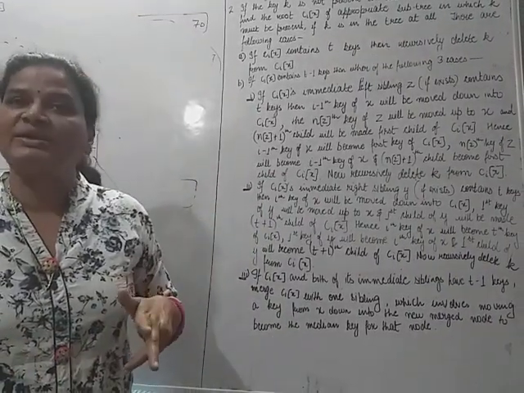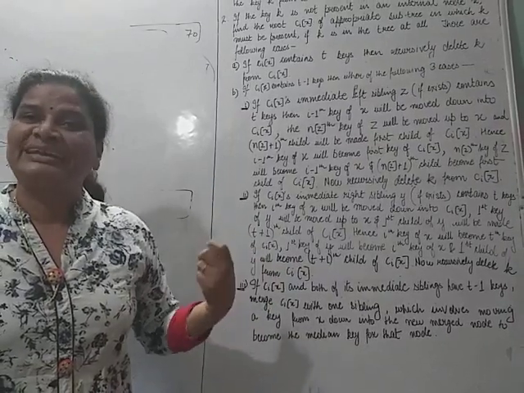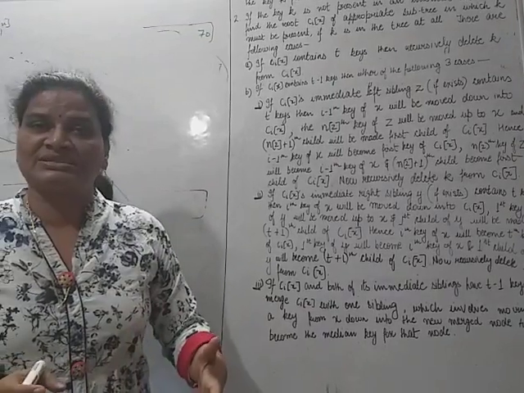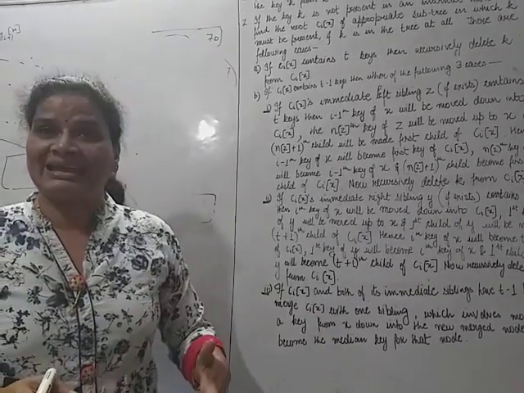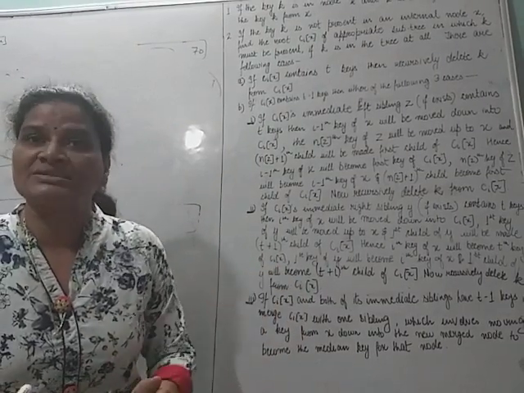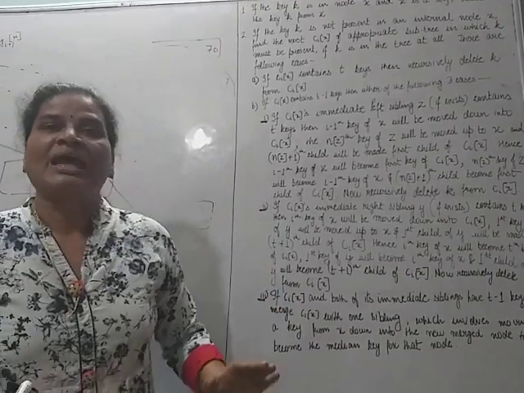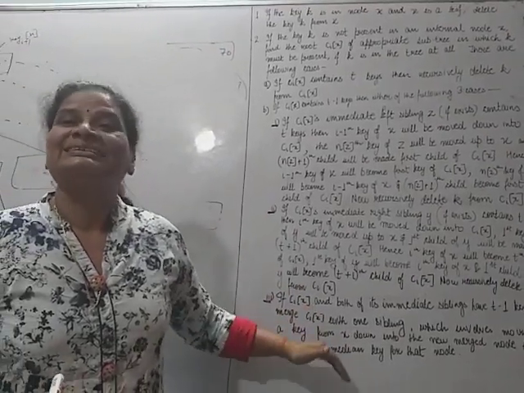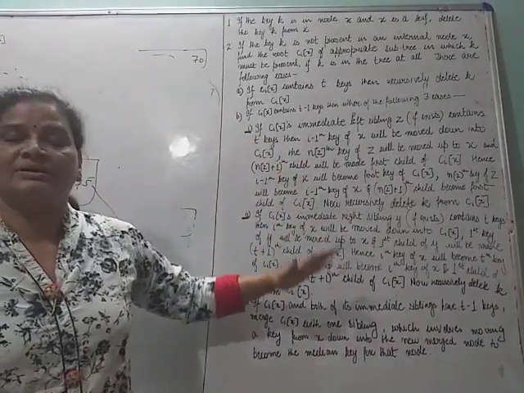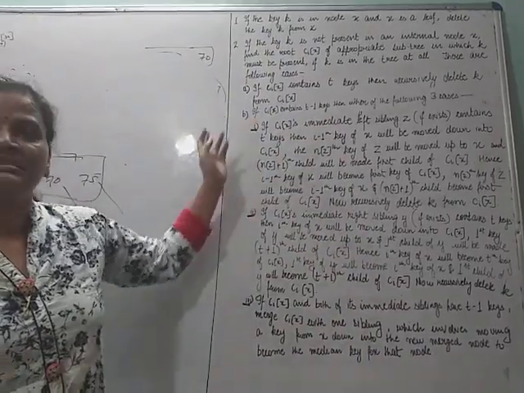So one child pointer of X loses one key and one pointer, and after this process the child CiX contains 2t minus 1 keys, as I have merged CiX with one of its siblings. And now recursively delete k from the node pointed to by CiX, and again this procedure is called.